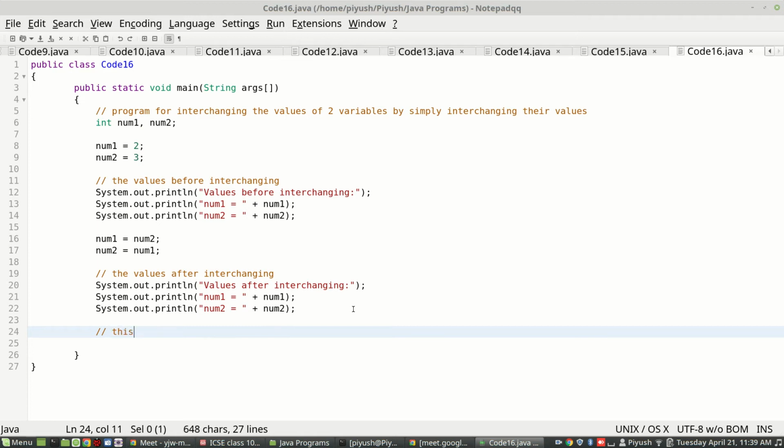So this approach is incorrect. Refer to the previous code, code 15 program, for the correct solution. Okay.